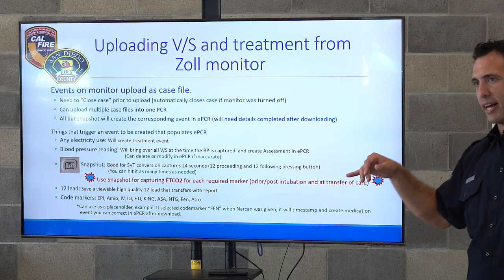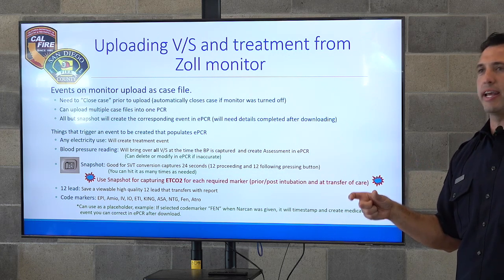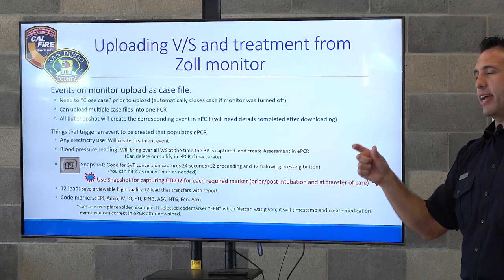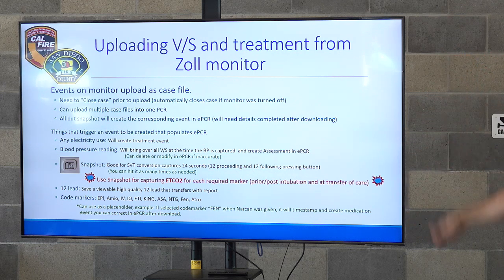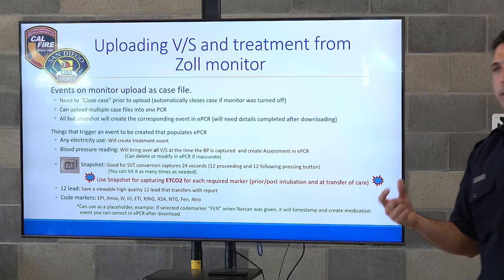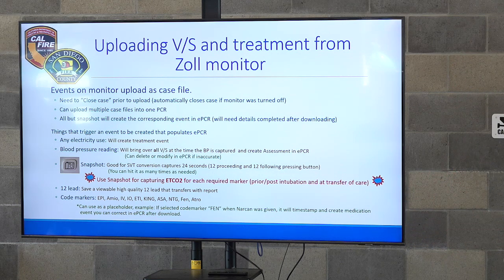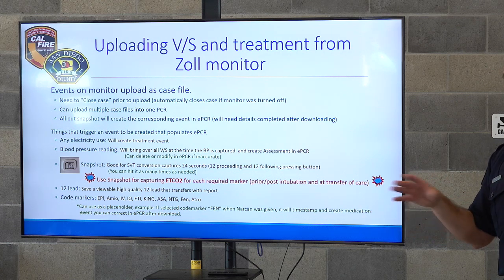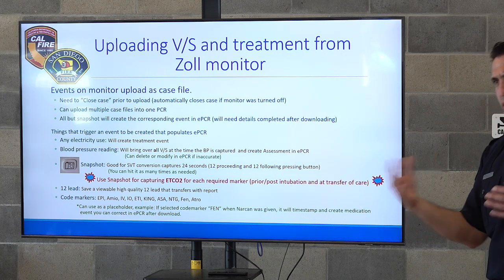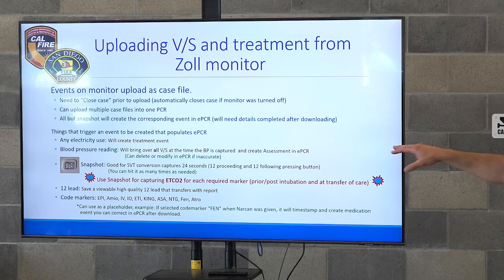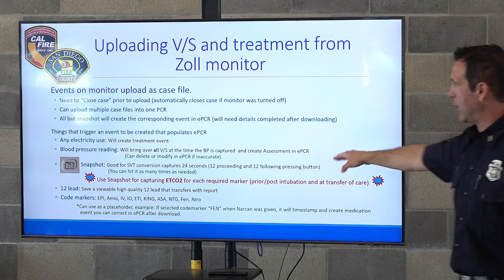On the last class, I brought in an empty case file. I just went to some random call that somebody ran. They did nothing. They created an event. So that could still be beneficial if your call ends up in court or for some reason. Like the blunt traumatic arrest protocol. We need to capture asystole in 2 leads, or asystole. And if we're not seeing that, or if we're not doing any event that captures that, like a snapshot or